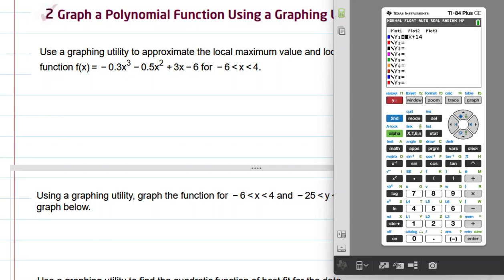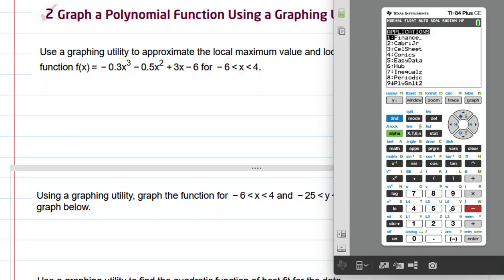So I'm going to come here. I'm going to erase everything I have. Remember to use the negative key. It is the one next to the left of enter, negative, because it's a leading item. And you can put 0.3 if you like, x up caret 3. And you have to make sure you do the side arrow to bring down the cursor and put a minus 0.5 x squared. I like the x squared key, so I don't have to do the down arrow, plus the 3x